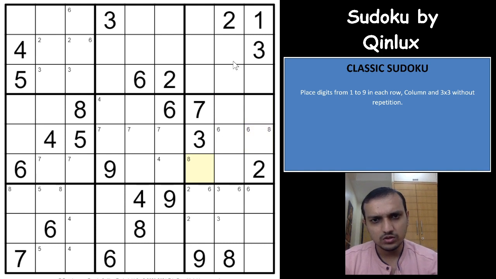8 here. 9 in one of these two cells. 9 in one of these two cells. This cell isn't used, right? 9, 8, 7, 6, 5, 4, 1, 2, 3. This would have to be 1, 2 and 3. Okay. I thought I had some hidden single here, but we still have 1 and 2 and 3, 3 possibilities here. Okay.